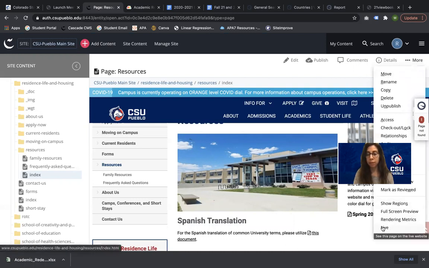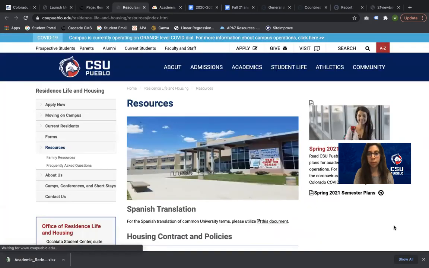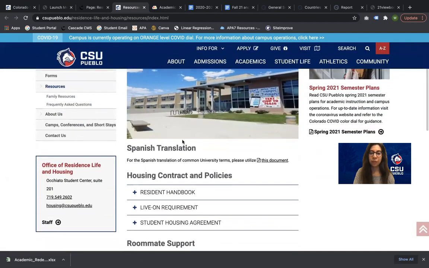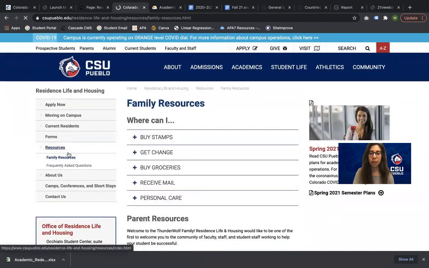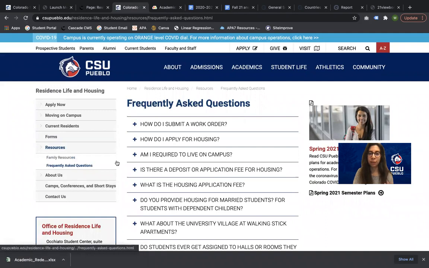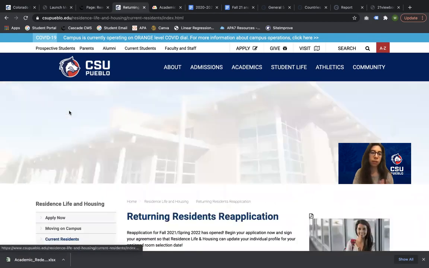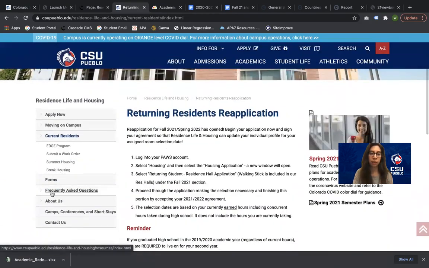Fun fact that I didn't realize this was a feature until we went remote. In COVID, I didn't know you could just click live and open the page on the live page in a new tab. But now I see that I have resources. The resources is the index page. If I click everywhere else, I can still find, there's no 404 errors. I still find the pages just fine. And if I go anywhere else on the residence life and housing website,